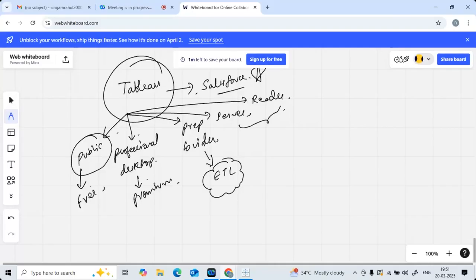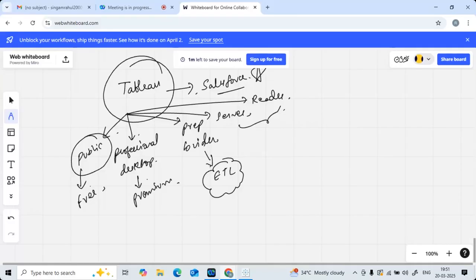Only you can access that file. But while you are working with a company as a team, if you are sharing it on an online cloud platform, login credentials will be there. The same login credentials are utilized by your team members as well. That means if you are sharing any work, they can access that work. If they are sharing any work, you can access that work, as a common platform. There, these products come into the picture. So I hope you got the basic understanding.